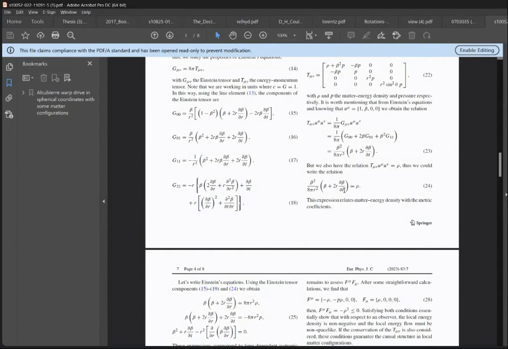And one thing you have to do that is very important is you have more equations to consider. This is just the temporal one. Basically, it's saying that you have this part and the T00 part, but you have all this other one here, and you have put all this together here, and each one of these is equal to their part. I mean, this G01 is equal to T01, and G11 is equal to T11, and so on. And you have to consider all the equations. If you consider all that, here we have a different shape.